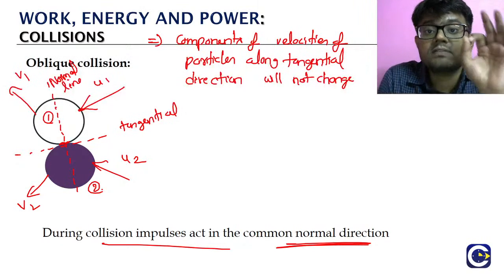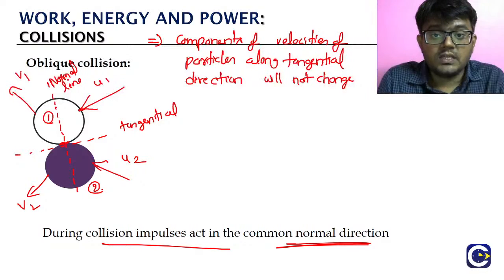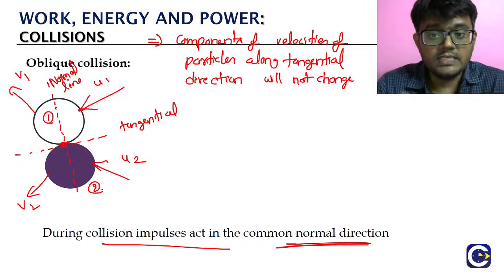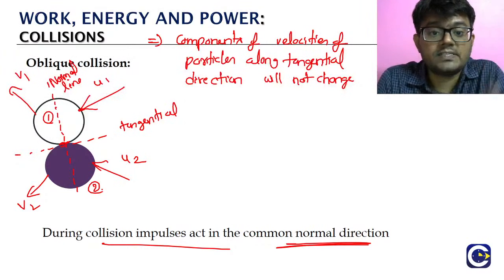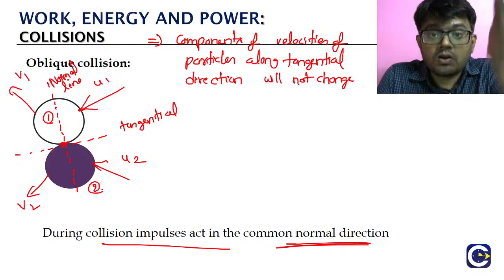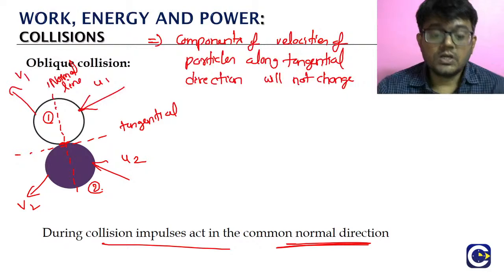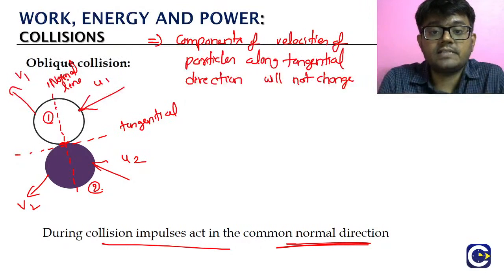Okay? So the velocities will be changing only in which line? The velocity components which are along the normal line only will be changing. Because of the collision, the velocity components which are along the normal line change. Okay, so even the coefficient of restitution, in a head on collision we say simply that the coefficient of